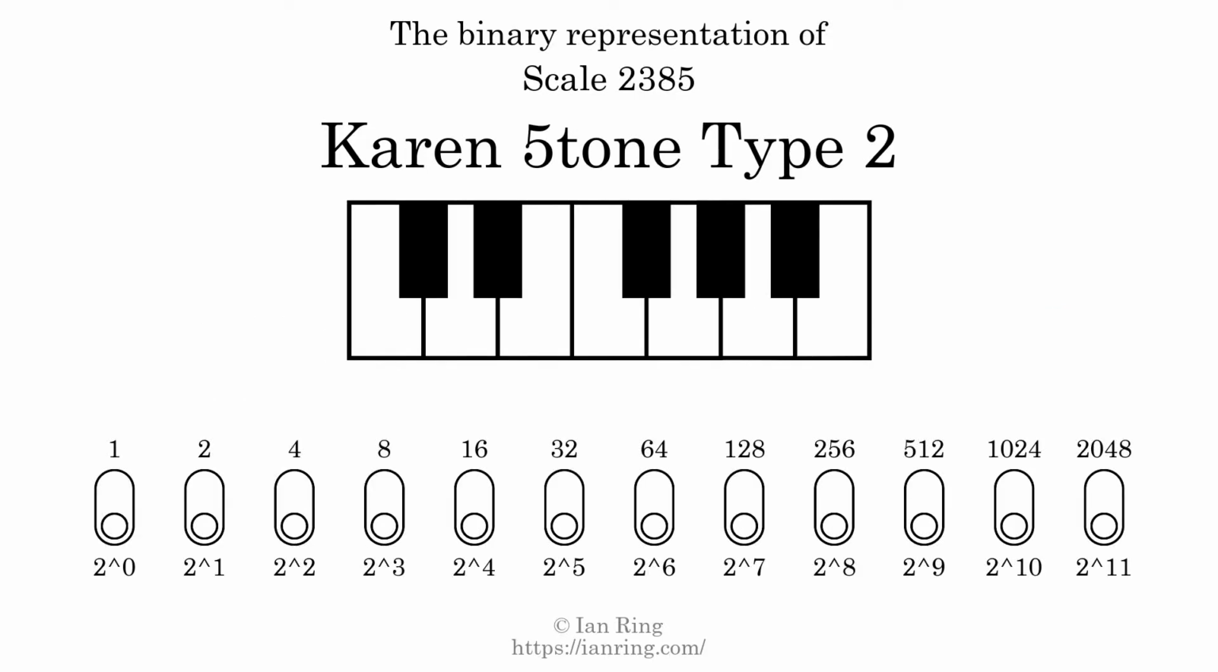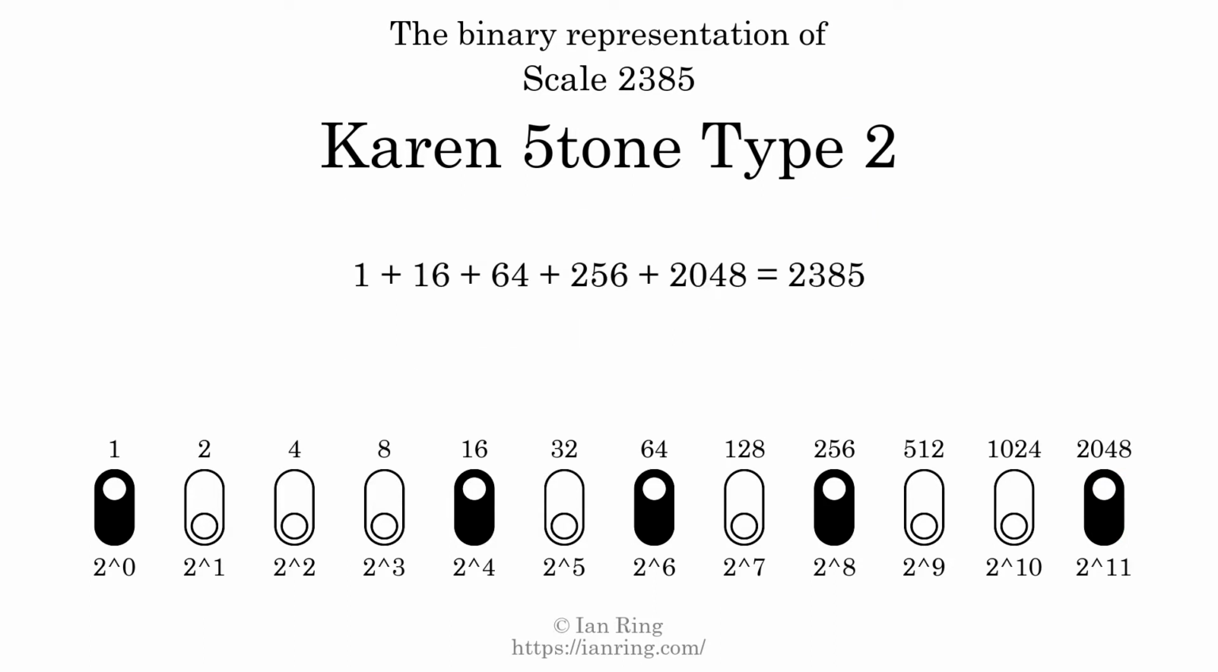The binary representation of this scale is determined by mapping tones of the scale to binary digits. Each binary digit represents a power of 2. To get the scale number, we add the powers of 2 together. The powers of 2 that are present in the scale, all added together, equals 2385. That is why the scale number, in decimal, is